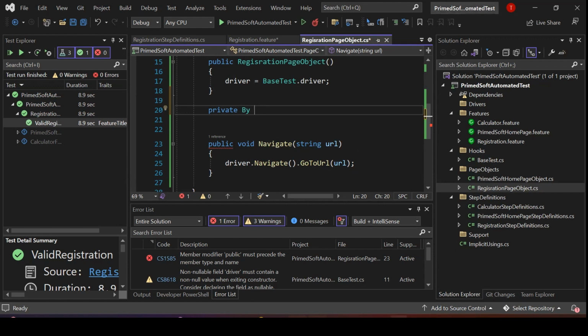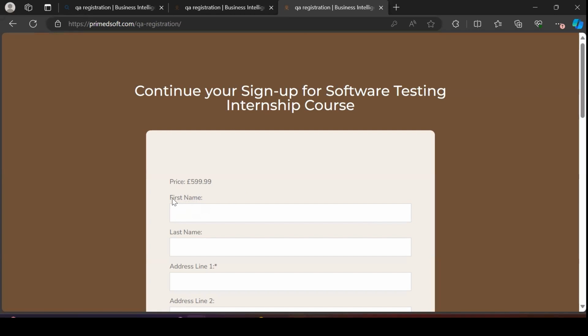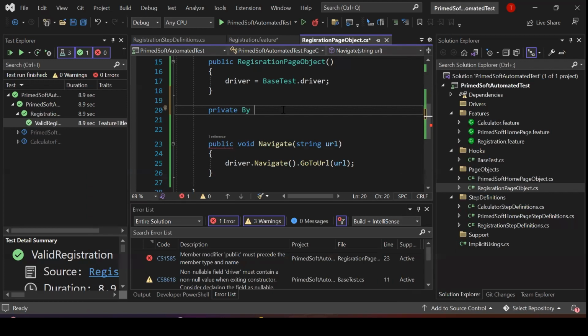So let me open the field again. So this is what we want. This is what we're looking at. So first name, okay, so we want to input our first name and our last name. Then what we'll do is we'll do first name and last name, okay? So we'll name it first name, okay? So we have private by first name, right? Private by first name equal to, okay, by,